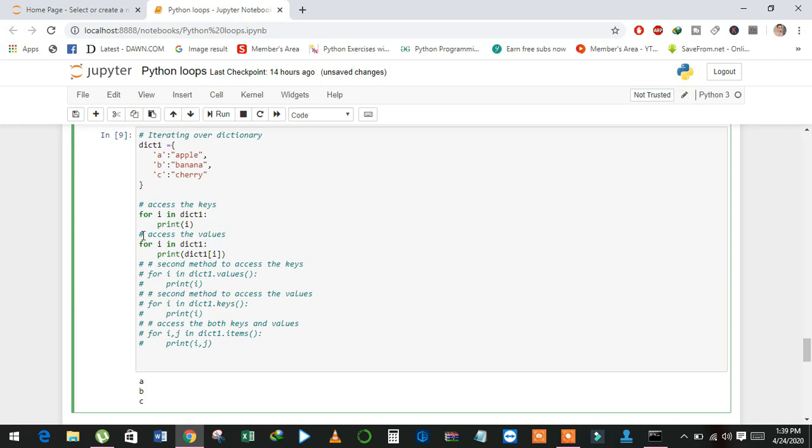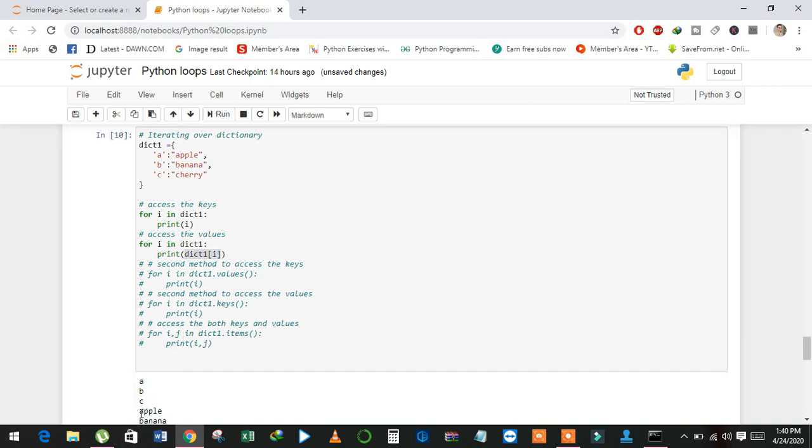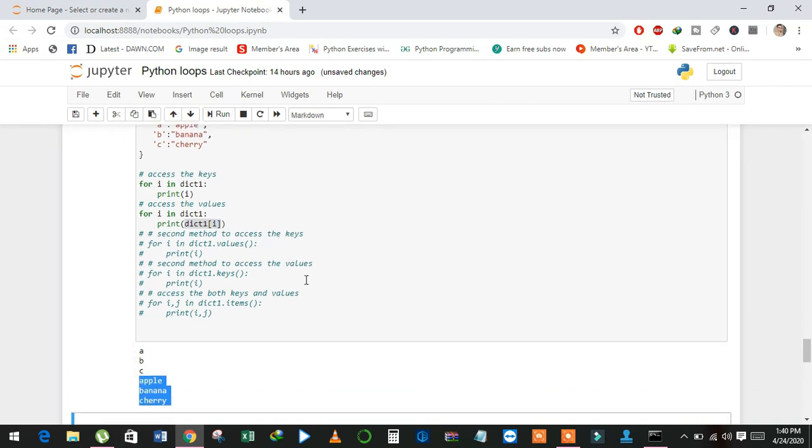And see here in the second example, if we want to access the values, then in i we access the keys, and with indexing we can access the value of every key. See here, apple, banana and cherry.